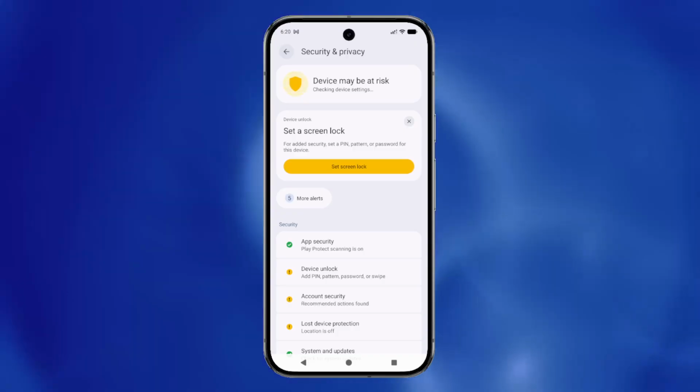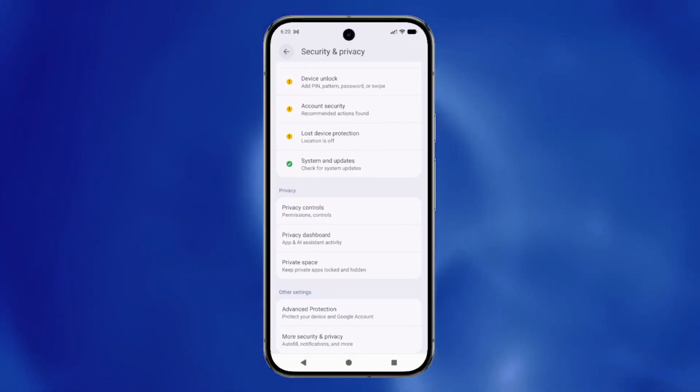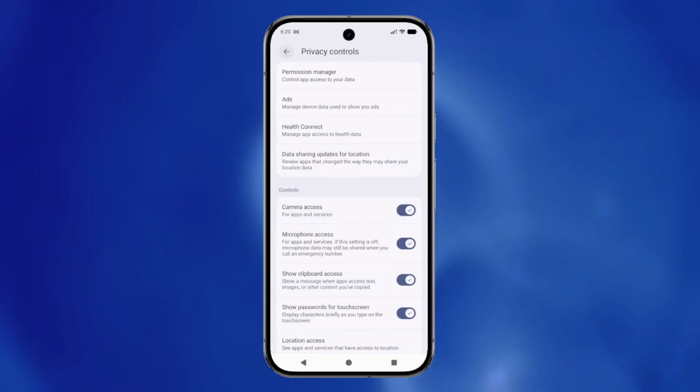From here, scroll down and tap Privacy Controls. Look for microphone access in this menu. You'll see a toggle switch right beside it. Tap the toggle switch to turn on microphone access. This is a system-level permission that works alongside the app-level permission you set earlier, ensuring your device allows microphone usage